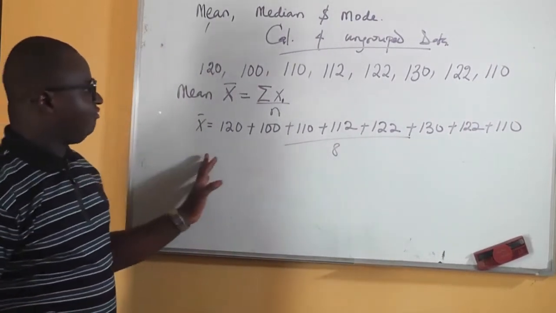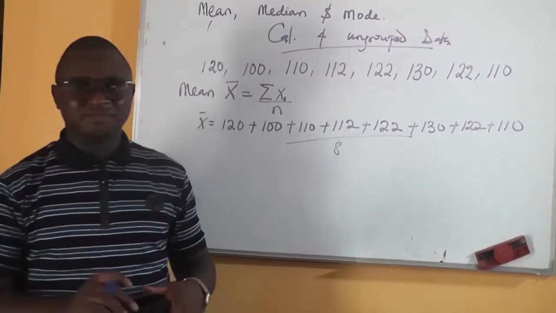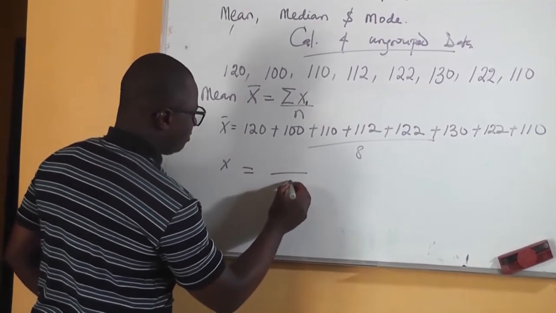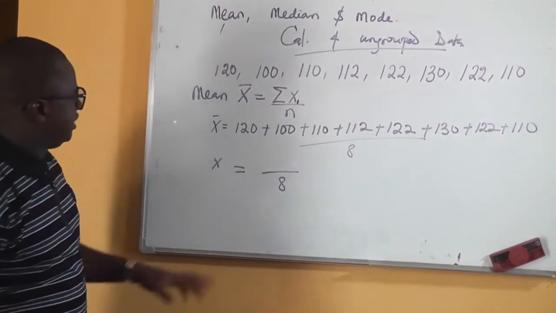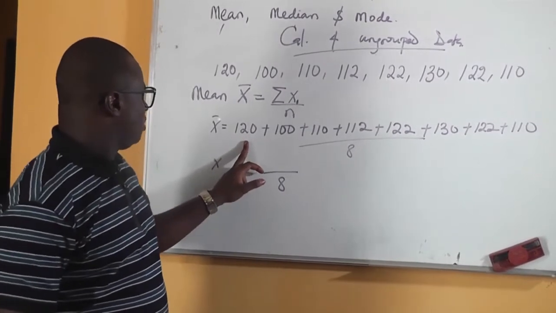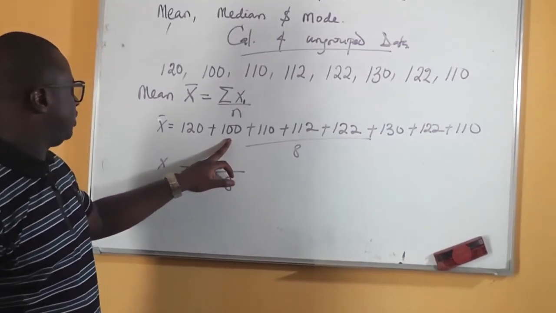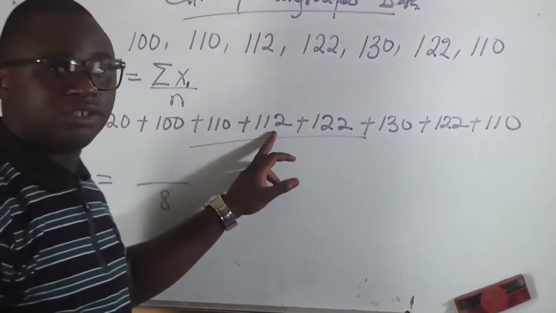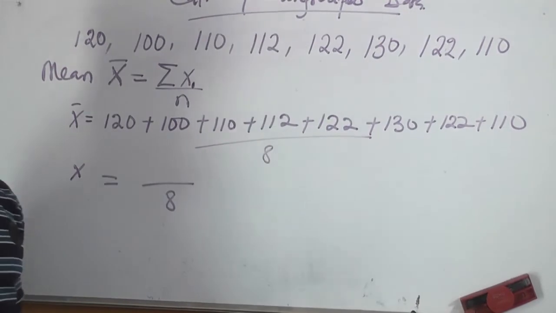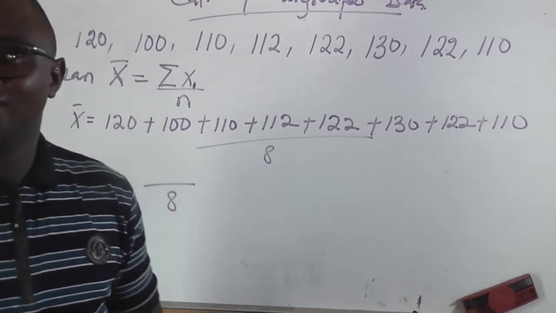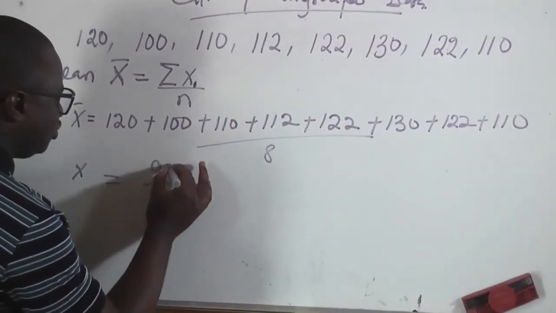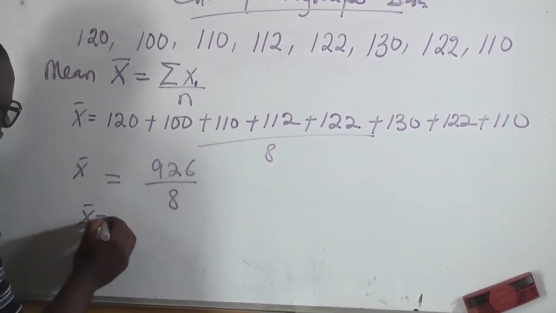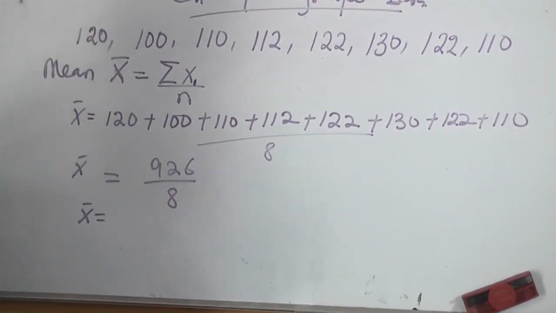Alright, so when you sum everything, your answer will be over 8. So you sum 120 plus 100 will give you 220, plus this will give you 330, plus this, okay? Say it out. Say, what's the answer? 926. Okay, so 926. Alright, so 926 divided by 8 will give us